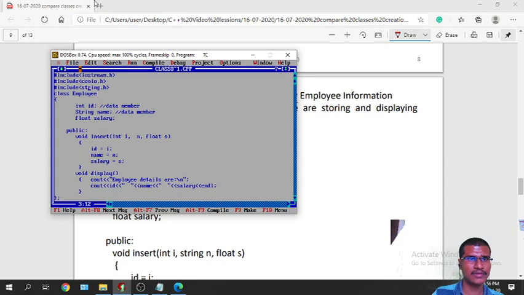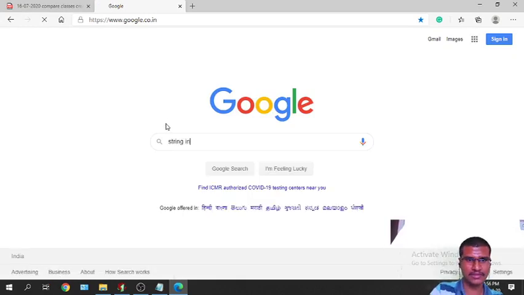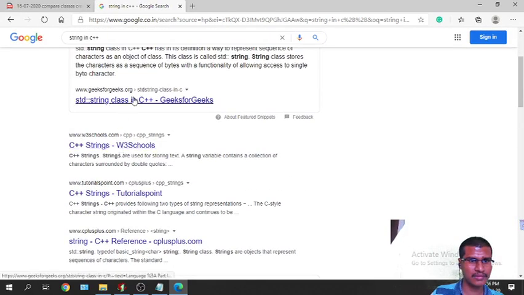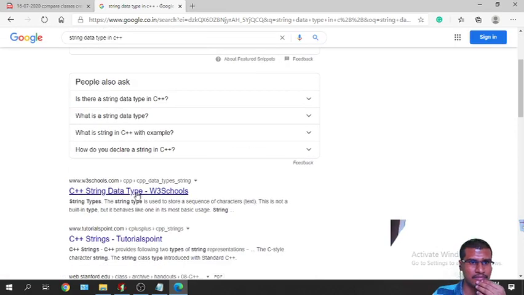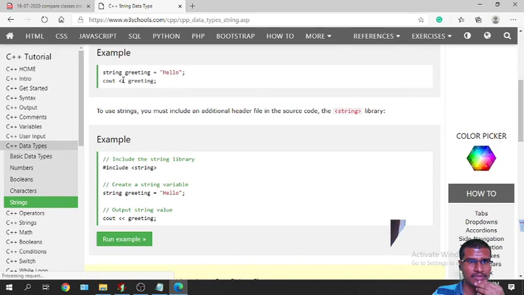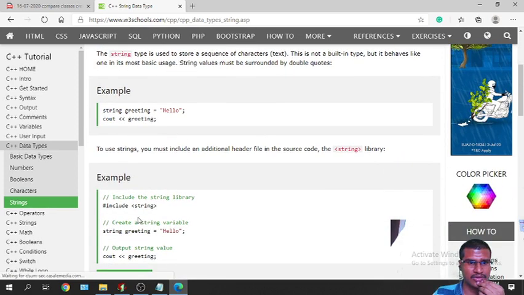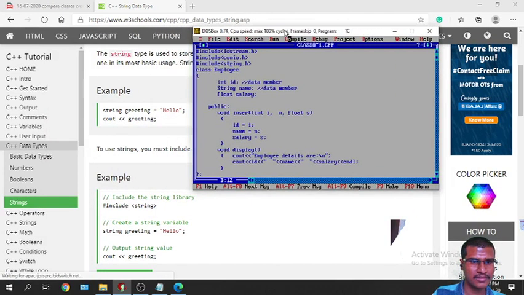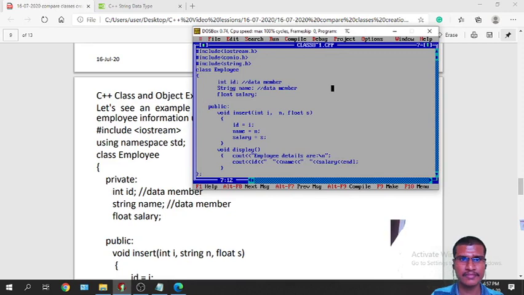We will see once. String greeting, it's there, but I have to include string.h. Correct only.